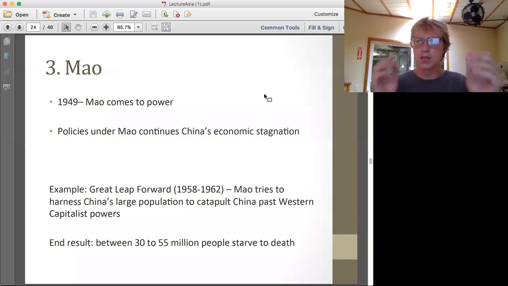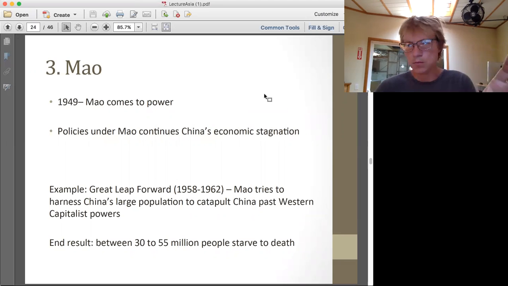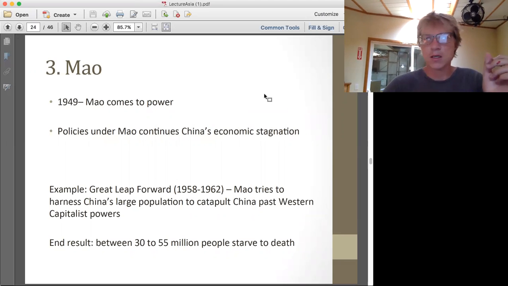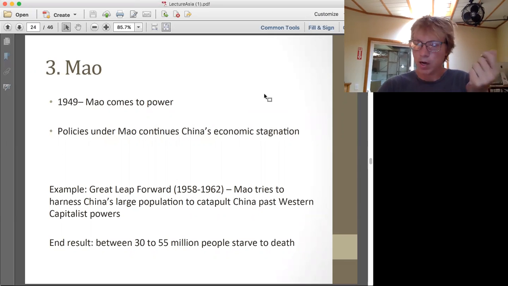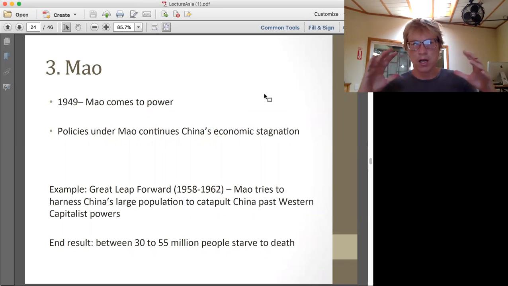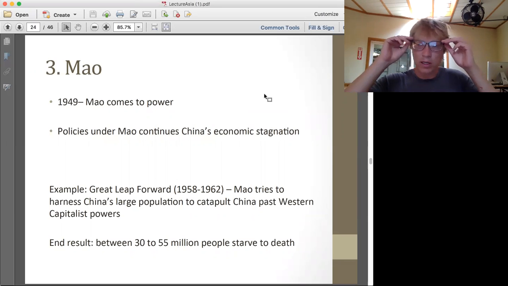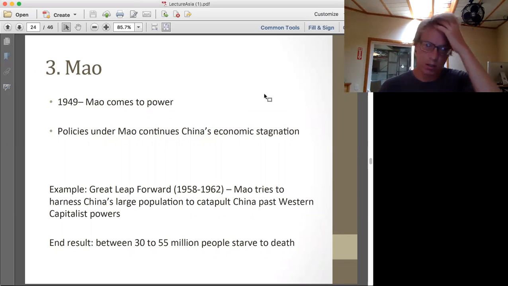Okay, so that brings us to the 20th century. So we have this turn inward by these political dynasties, and we covered the imperial civil service exams. In the 20th century, we get Mao. So Mao comes to power in China after 1949, and the policies of Mao really collapse China's economy and lead to a prolonged